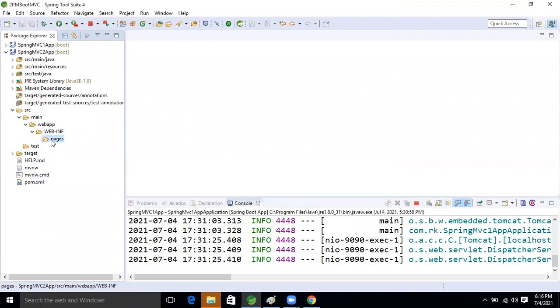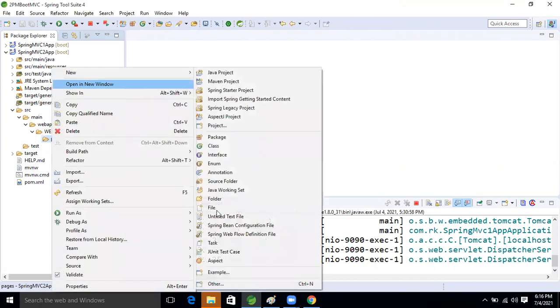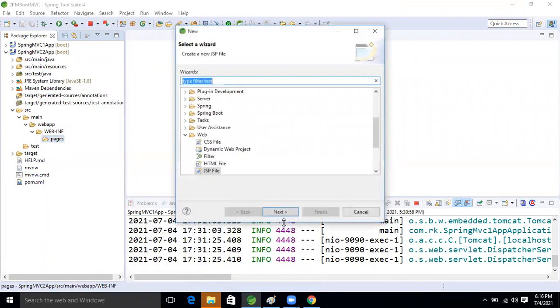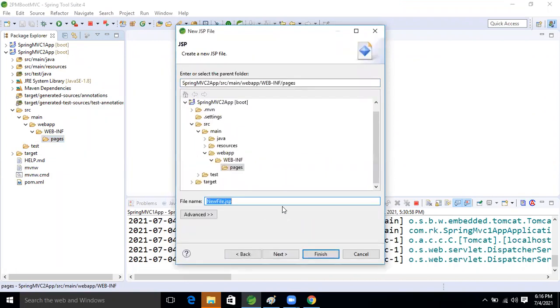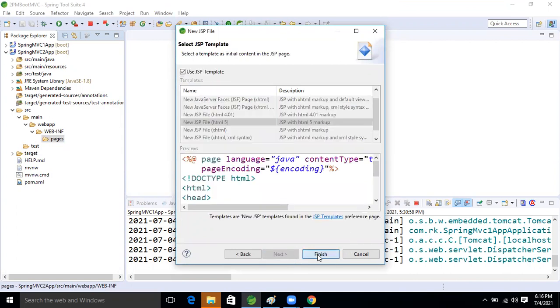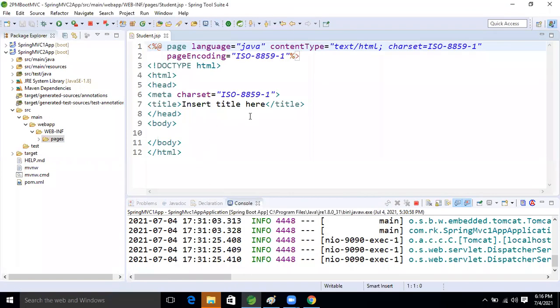Okay. Inside that, what I will do now, I will create one JSP page now, guys. Okay. JSP file. Yeah, I'm taking one JSP file. So here I'm taking student.jsp. Now next, finish. Okay. So good.